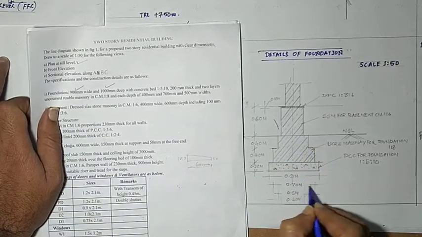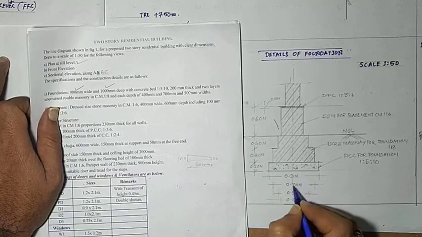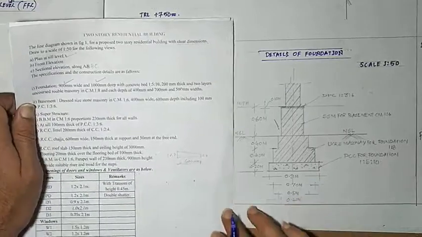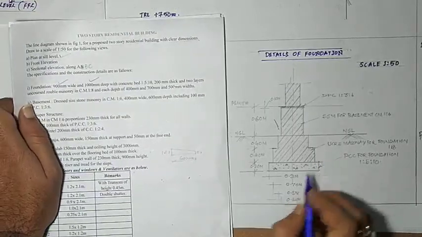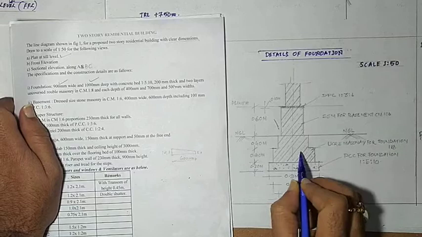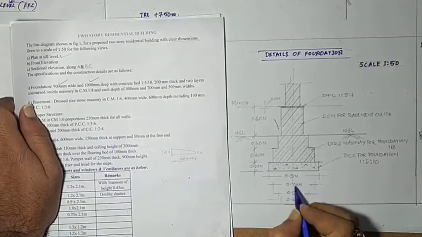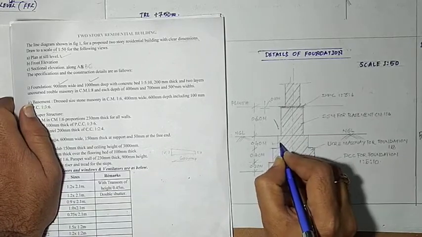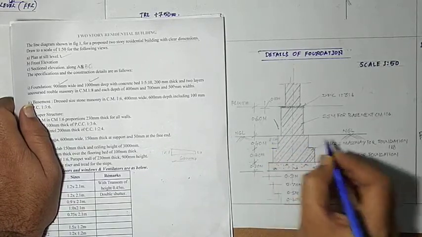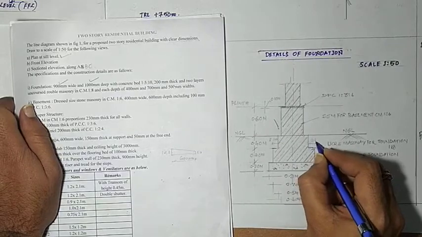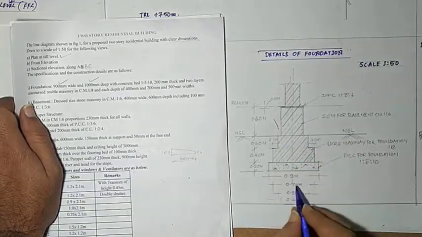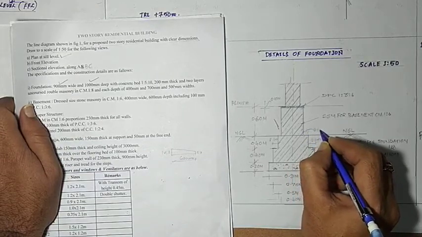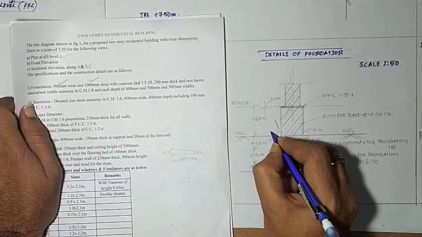So you can mark here 0.9 meter total width, 0.7 meter. So this is the offset you can calculate. While drawing we have to have offset: 0.9 meter minus 0.7 divided by 2. So it will be 0.1 meter offset along both the sides. So you can mark here this will be 0.1 meter on both the sides. So here also it will be the same: 0.7 minus 0.5 divided by 2, again the offset will be 0.1 meter, and here also it is the same 0.1 meter.